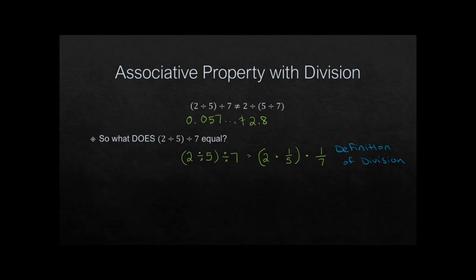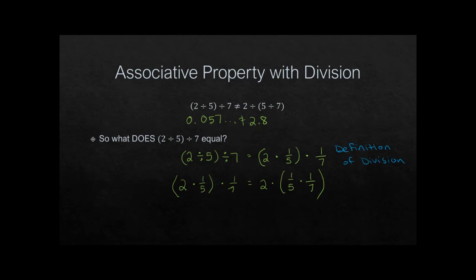So this may not be handy in any way, but let's just keep going with the rules just to see what we can do. Well, if I have 2 times 1/5 and then times 1/7, I can use my associative property to instead do 2 times the quantity 1/5 times 1/7. And if you look at it that way,